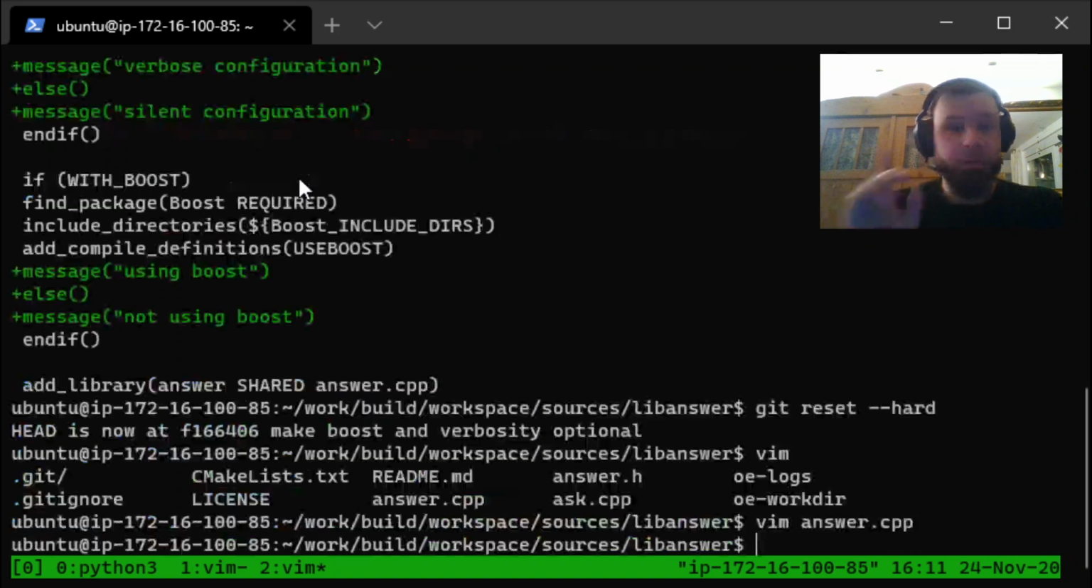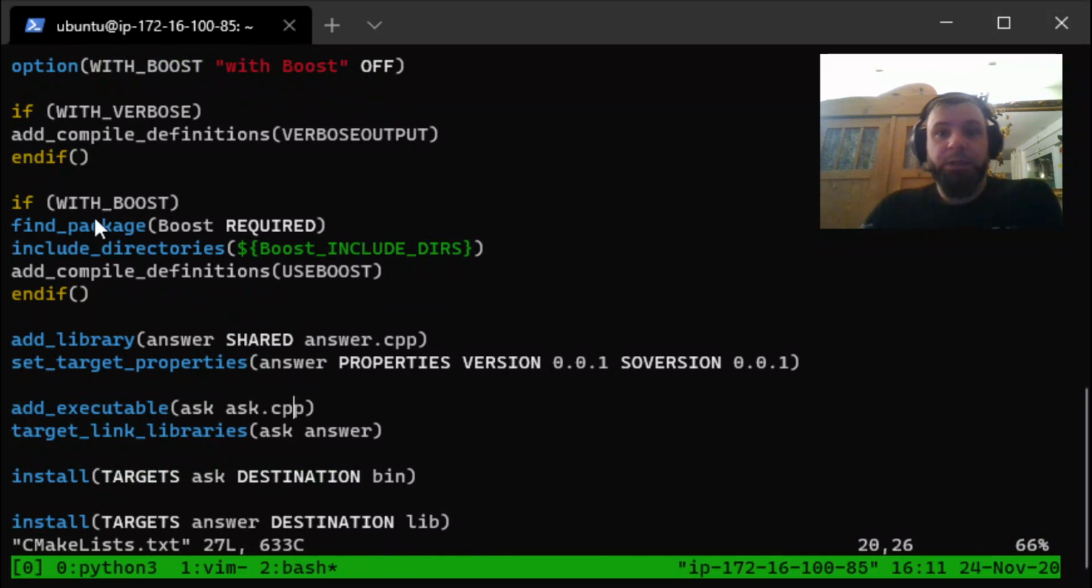So part 1. Now let's look at Cmake. Cmake has two options. It has with verbose and it has with boost. If I pass with boost, then I can